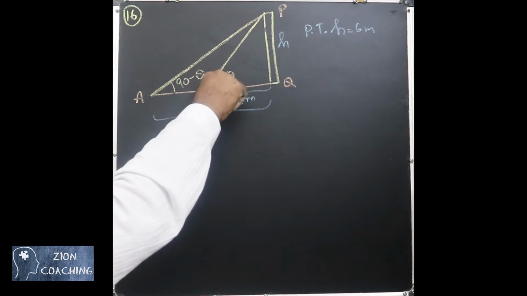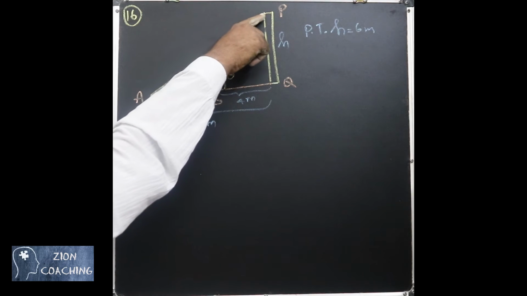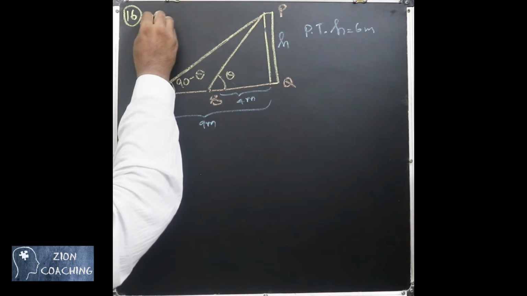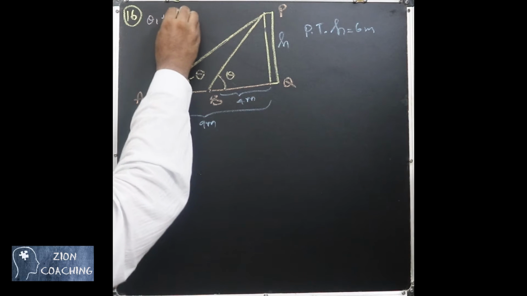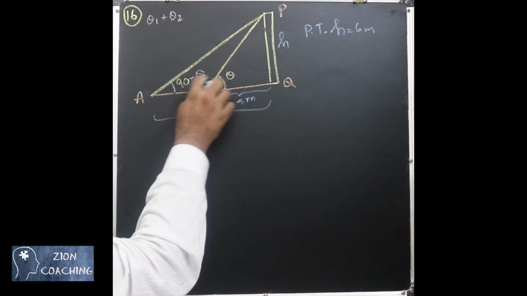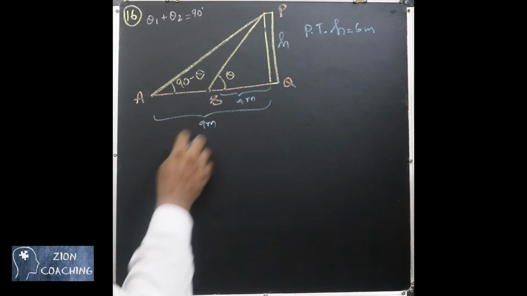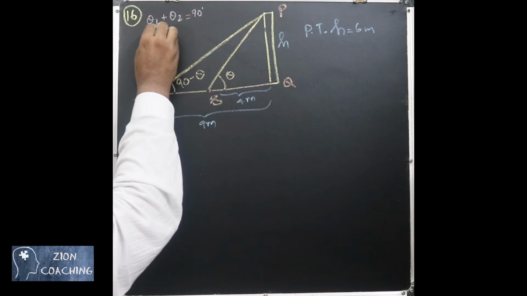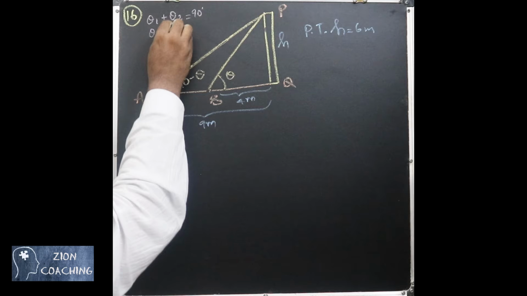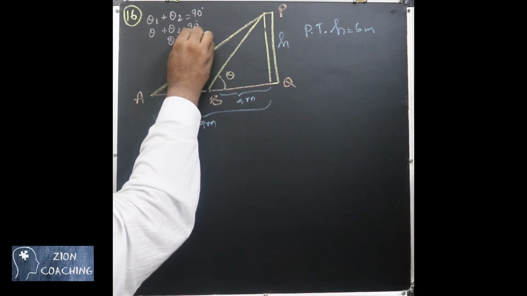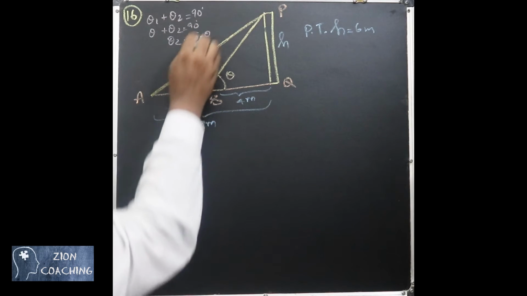They are telling that the angles of elevation to the top of the tower from both these points are complementary to each other. Complementary means the sum of the angles is equal to 90 degree. I will write it for you to understand better. That is called complementary angles. Now if you take your first angle to be theta, that is theta plus theta 2 equal to 90 degree, then your second angle will be 90 degree minus theta. That is what we have written here.